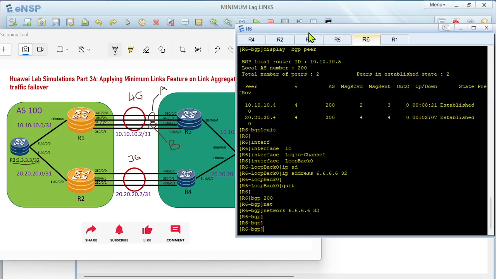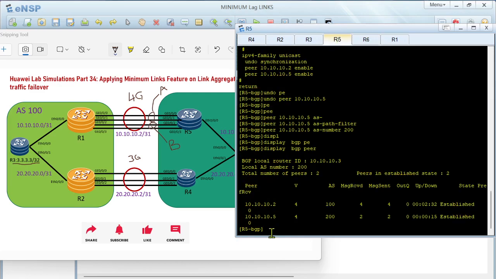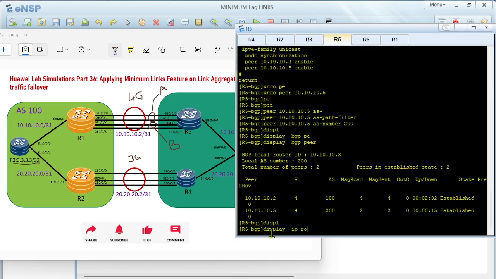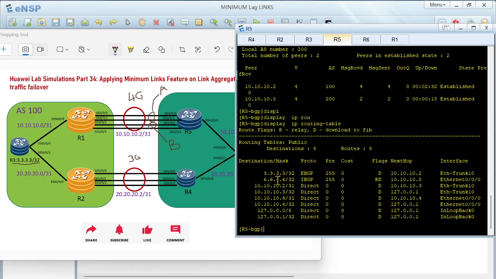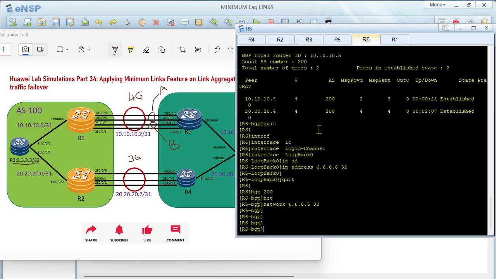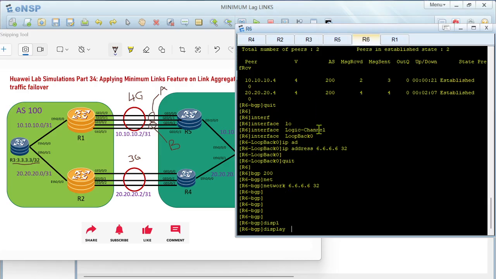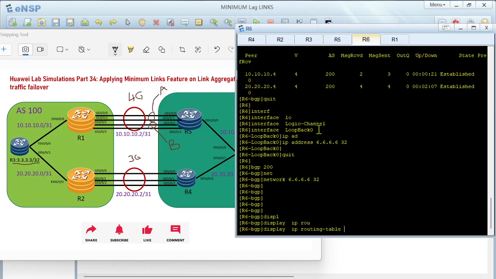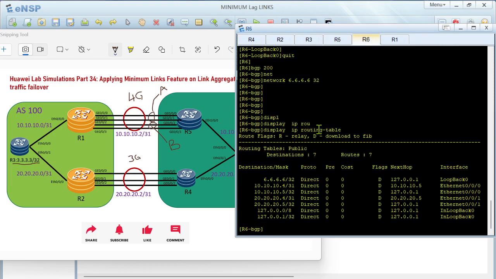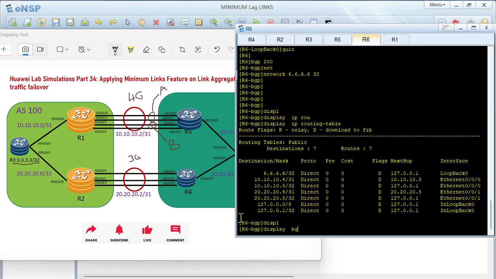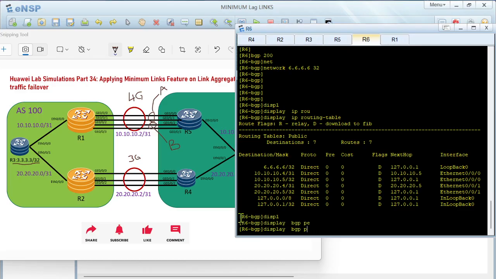So on R3 and R5, display IP routing table, have these two, 3.3.3.3 and 6.6.6.6. When you check on R6 display IP routing table, you can see that you only have 6.6.6.6, you don't have 3.3.3.3. So display BGP routing table,